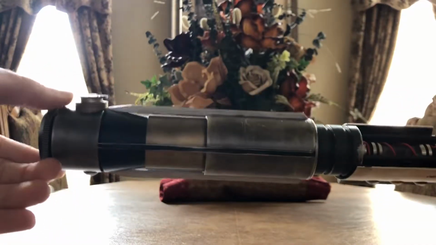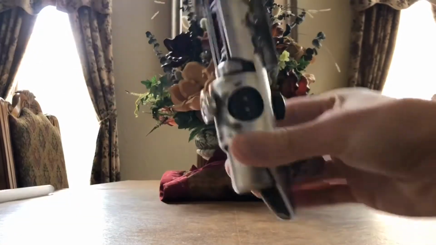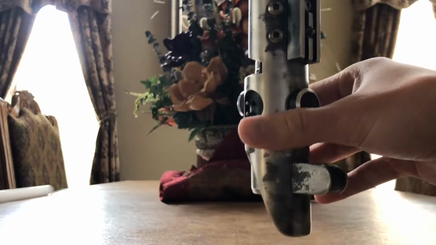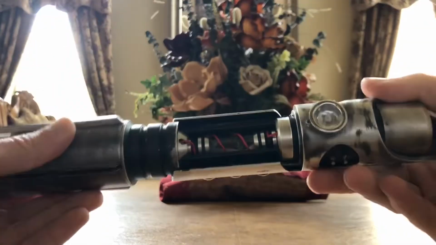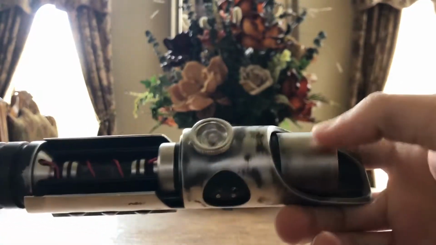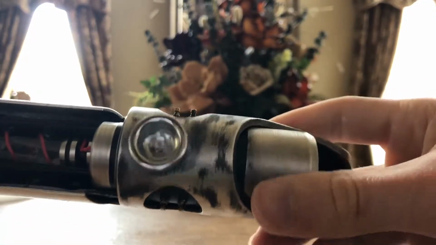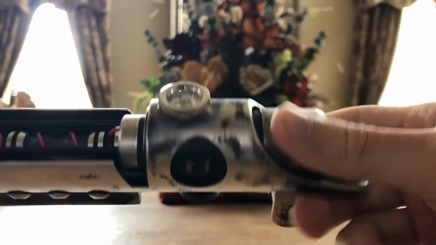I haven't tried it with my holder just quite yet to see how it looks hanging on the belt, but it looks like it does hang this way, which is really cool because you don't want your belt or anything hitting the crystal chamber on the inside. But we do have a glass eye on the inside that does actually still work with the whole LED function,